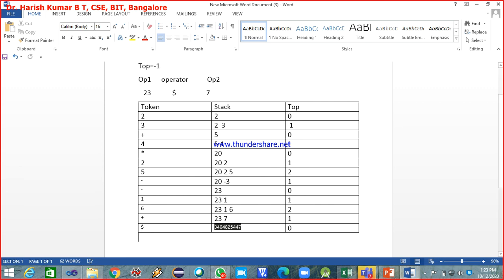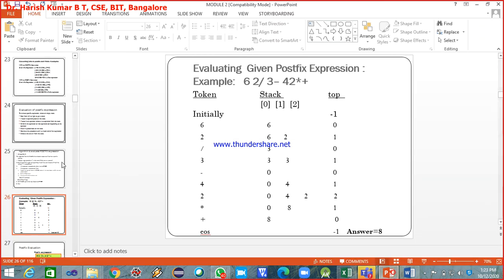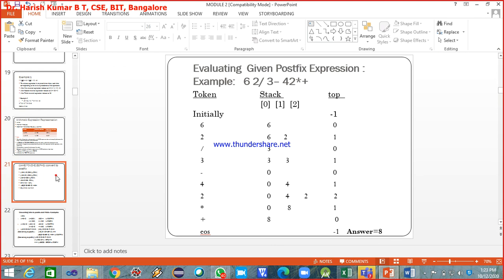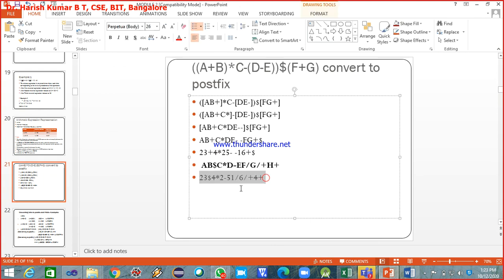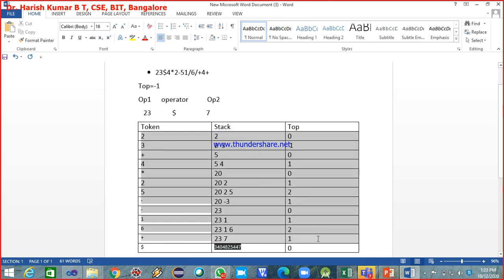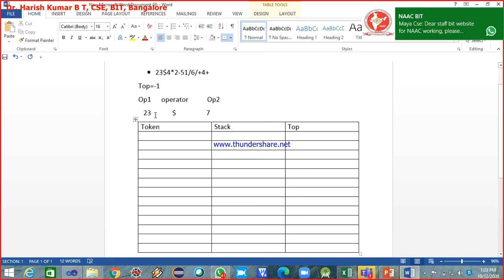And similarly the next one, this one also you can do. One student asked me to do it for the second one. Yeah, so just make a try. I'll empty this, I'll erase everything. Yeah, I've erased.